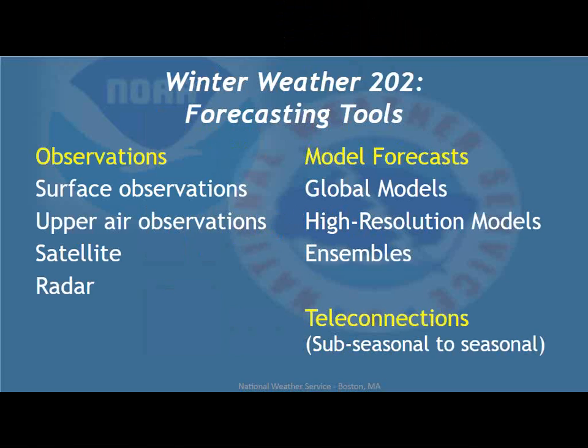We know a lot of you probably look at the model data online, and we're blessed with having models available pretty much freely now, and you can look out to 10 days or so into the future. But there are a few cautions you want to take when looking at some of the data, so we'll go through that. That includes our global models, like the European model and the GFS that you may be familiar with, and some of the high resolution models and ensembles too, and something called teleconnections, which I'll get into here first, a way of looking at the overall global pattern or pattern over North America to put you in the ballpark as to where a storm will track and some of the effects